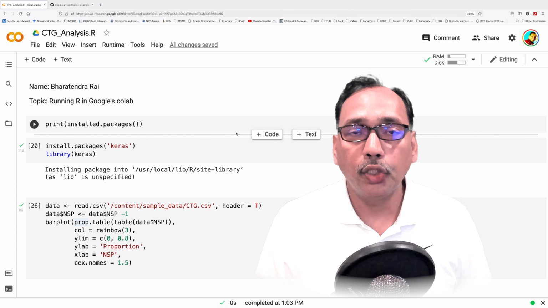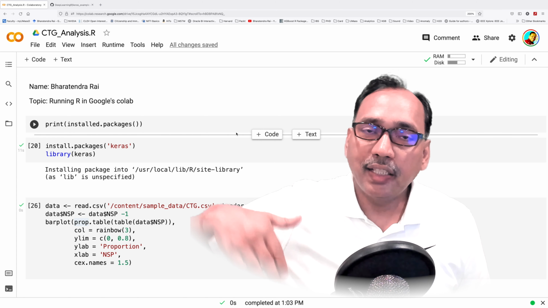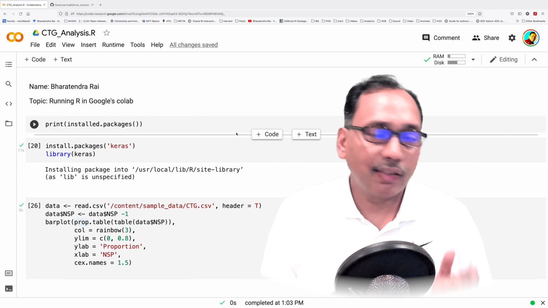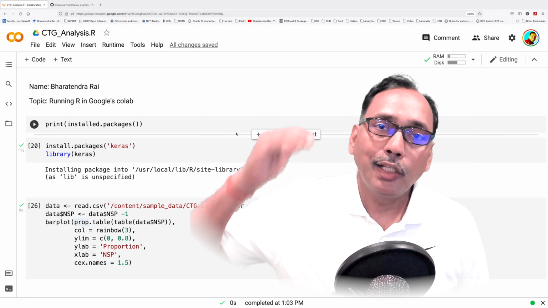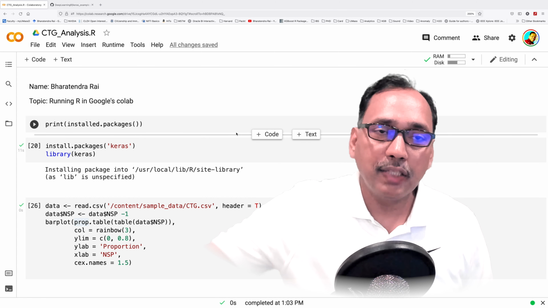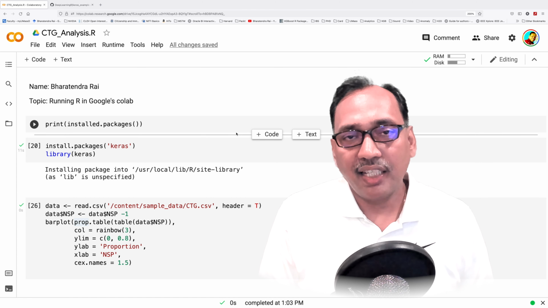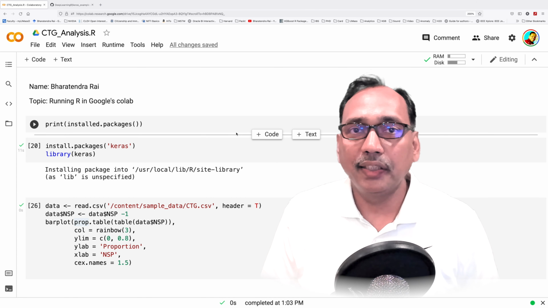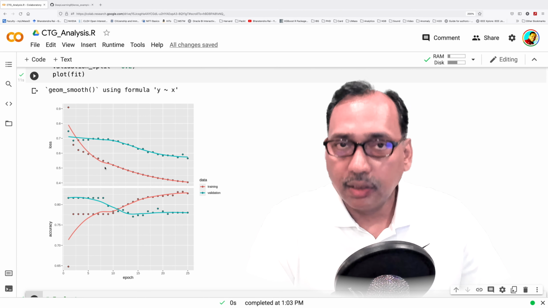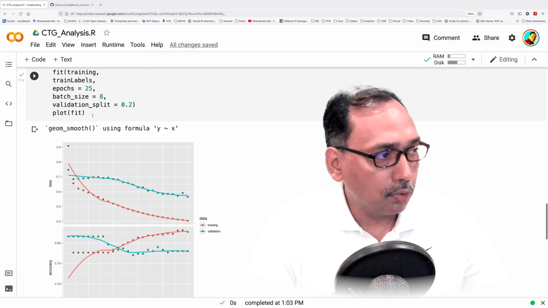Like when we fit the model, if you are running that in RStudio, you get a dynamic plot. So as each epoch ends, you get a plot for loss or accuracy values. I did not see that here, but anyway, you can use that data and plot it. I was able to make that plot by using the plot command also.